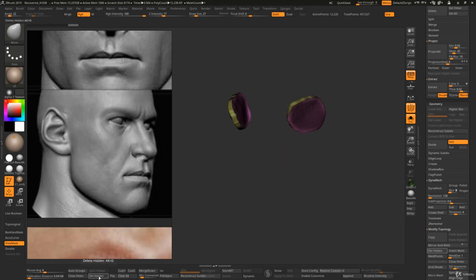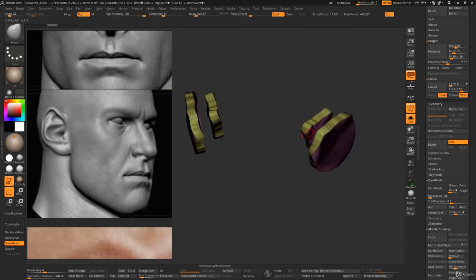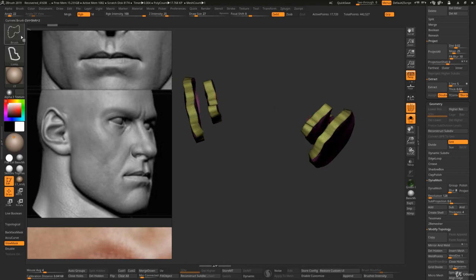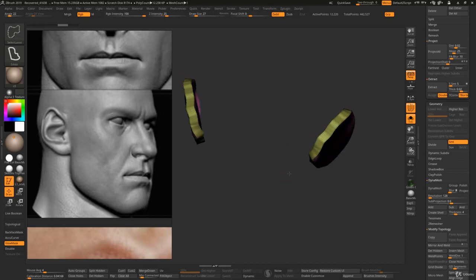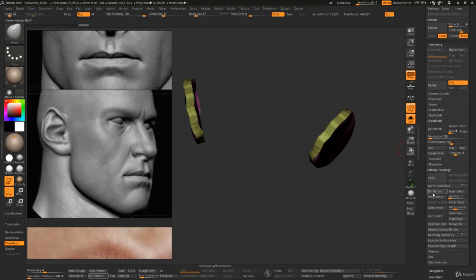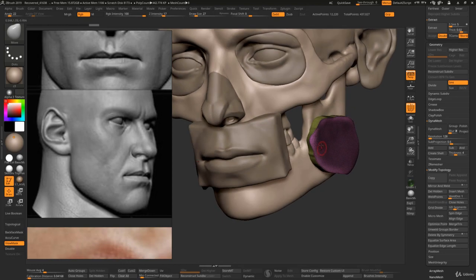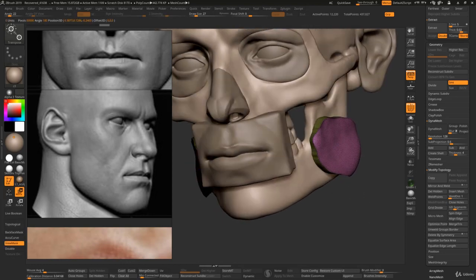I used my delete hidden shortcut, which I set to Alt D, because I hide this part with my select lasso. I hide this by pressing the Alt key with Control Shift, and then it's hidden. Okay, so I can delete what is hidden just by clicking here in the Geometry palette, Modify Topology, and then Del Hidden. Right. So now I have just this,